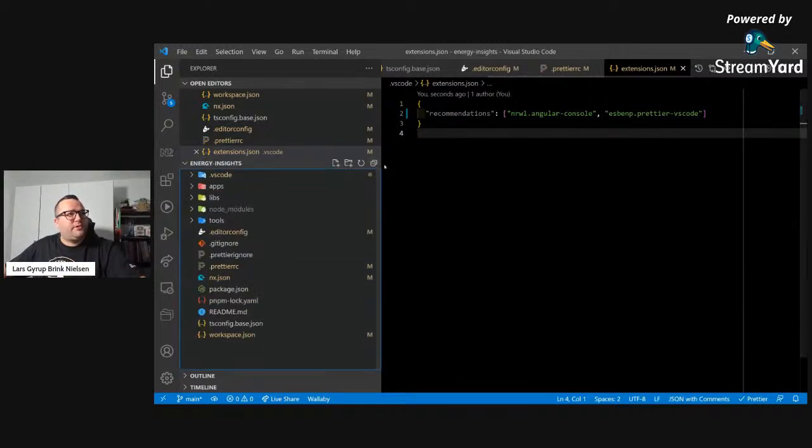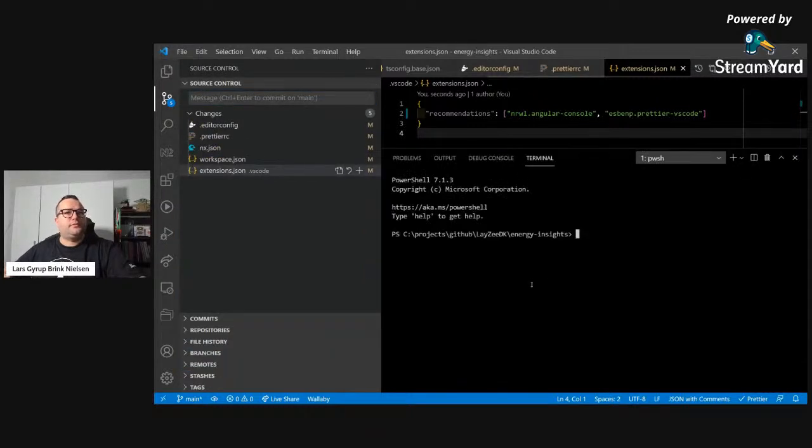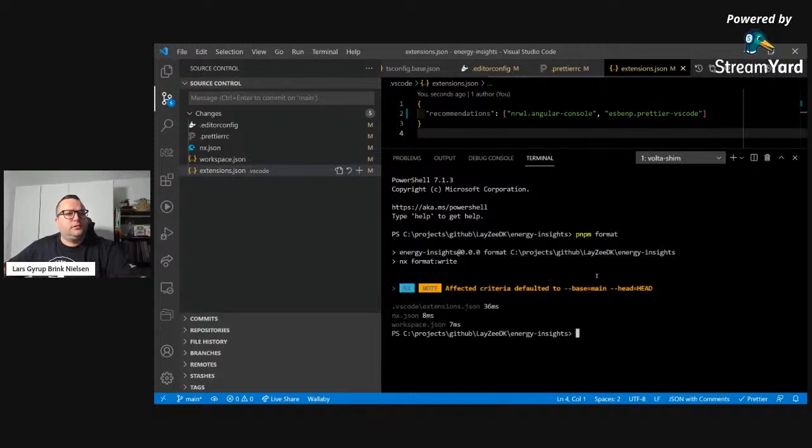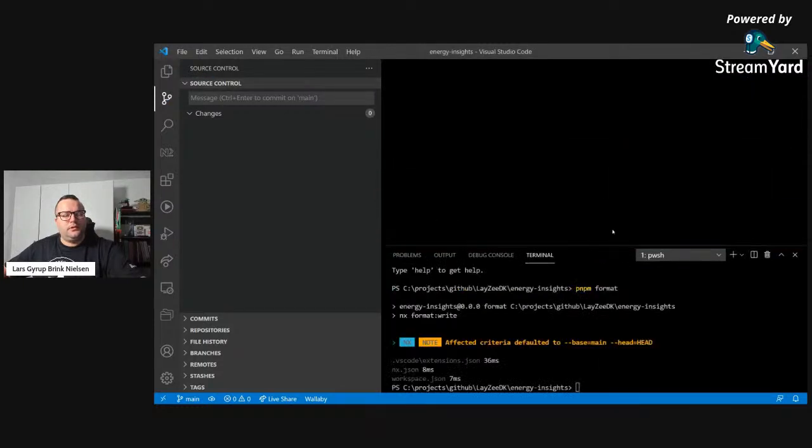So this is our starting point. I'll just do format command here. I have some extensions that sometimes change the formatting a little bit. So here we're configuring the workspace. Very good. Now,